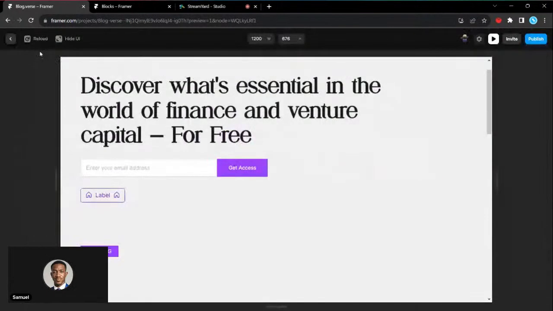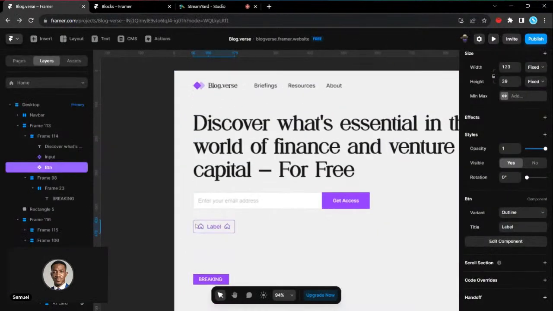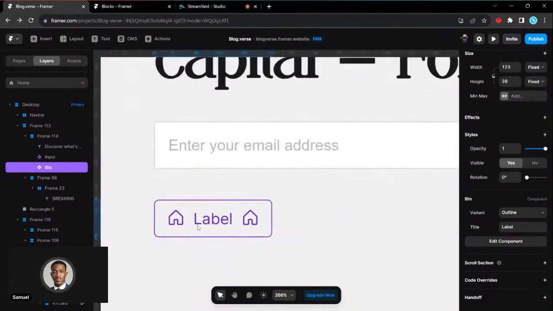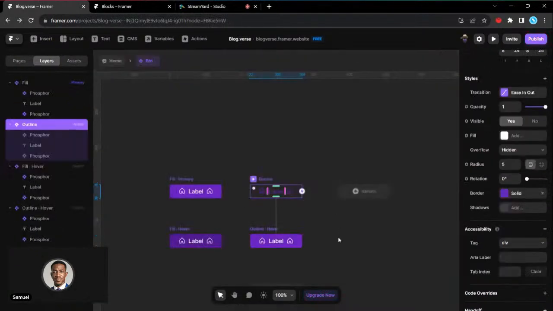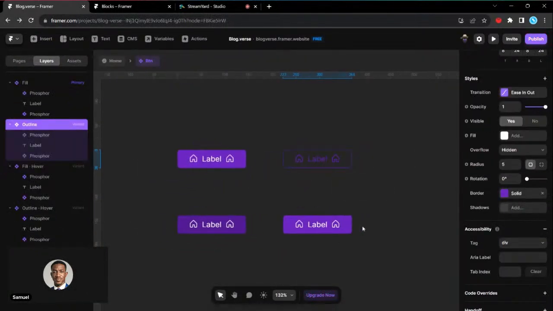So that's all about creating components at the basic level. So you could use this to create components. It doesn't have to be buttons. You could use it to create other components. And like I mentioned, we're going to be exploring different components that you can create with this. So yes,